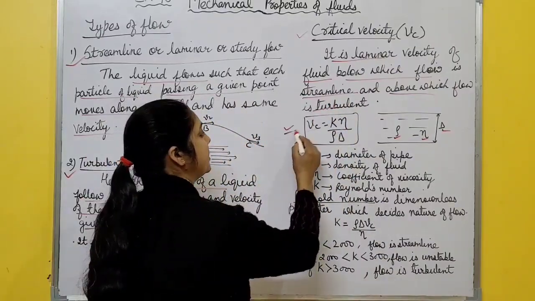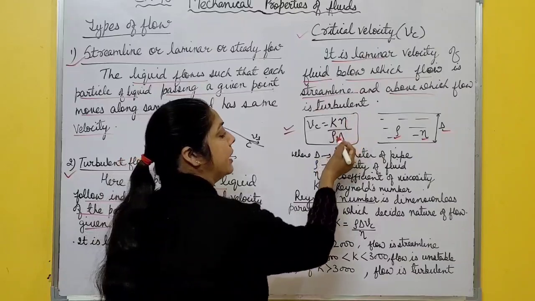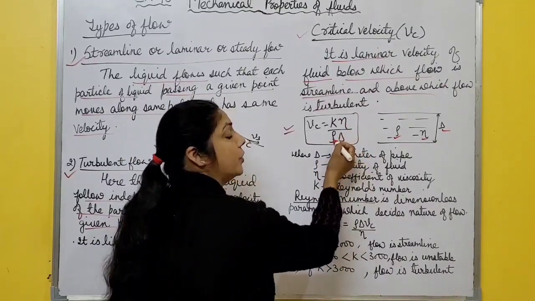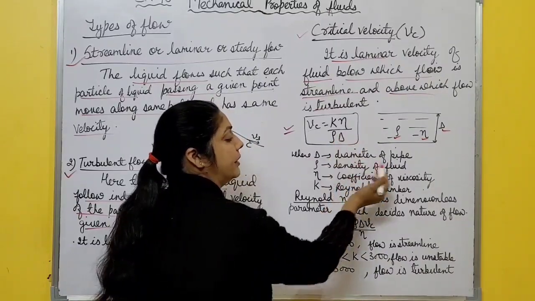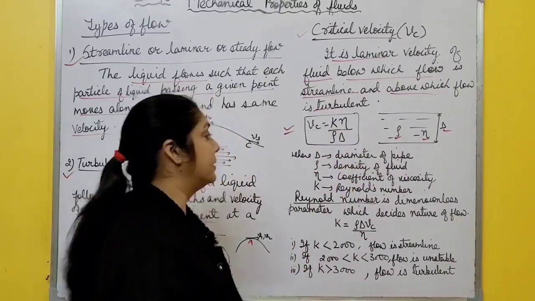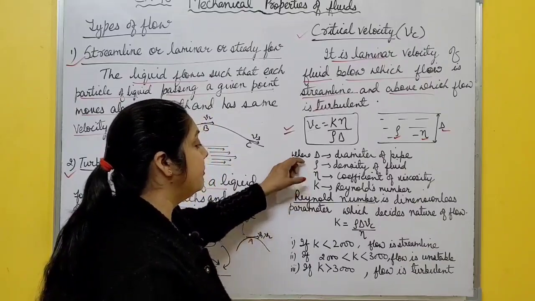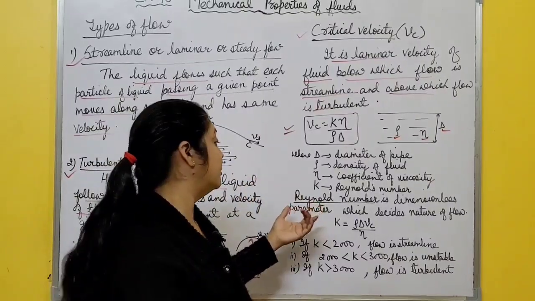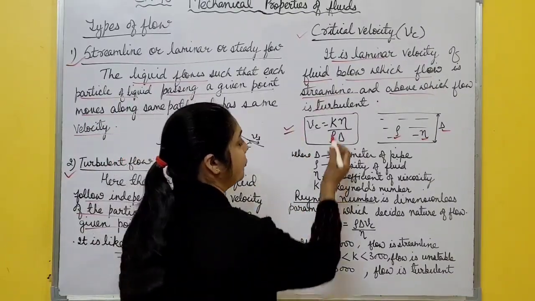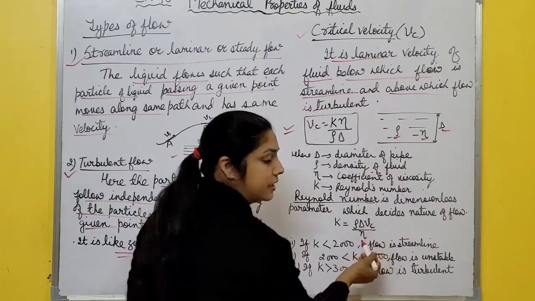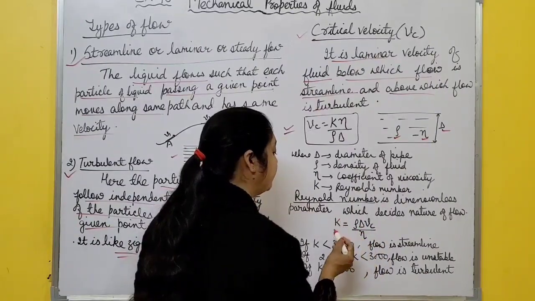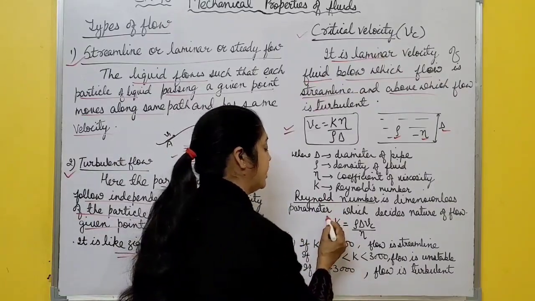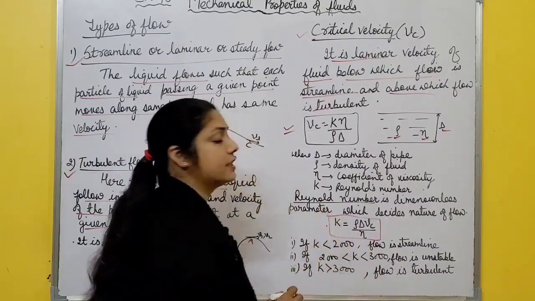So you must remember this formula, Vc equals K eta by rho d, where eta is viscosity, rho is density of the fluid, d is diameter of the pipe and K is the Reynolds number. This Reynolds number decides whether the flow is streamline or turbulent. What is its value? How do you find this Reynolds number? From here, K equals rho d Vc by eta. Actually this Reynolds number is a dimensionless parameter which decides the nature of